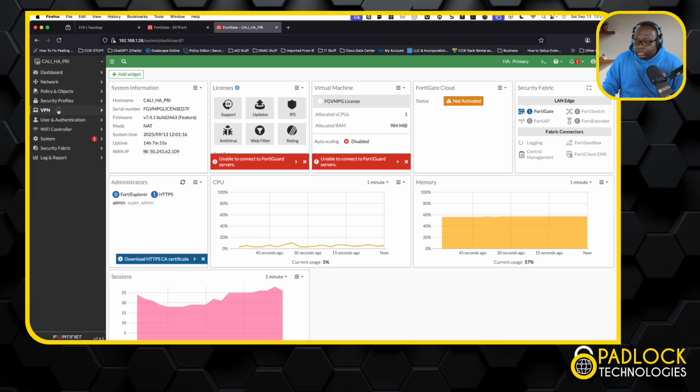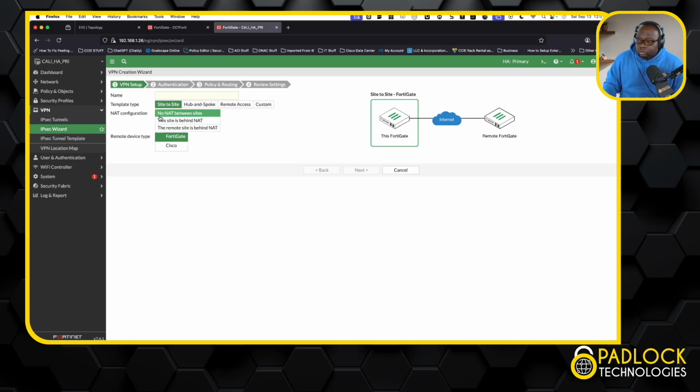So, real simple. You go to VPN and there's two styles in here. There's the wizard, which will walk you through how to do a site-to-site VPN. Very simple. If you don't have time to do it manually, which you should have time to do it manually, you go through this. It'll create a bunch of policy. It'll create your VPN. It'll create your phase one, phase two. I believe it creates your security policy, and it creates everything. Like everything. The only thing you really need to put in here is the pre-shared key to authenticate